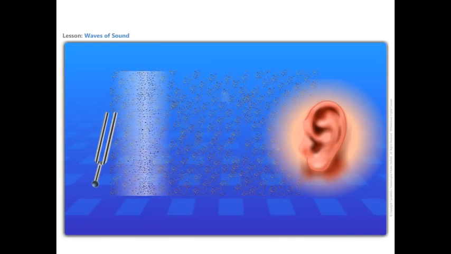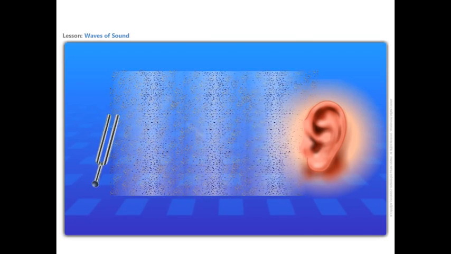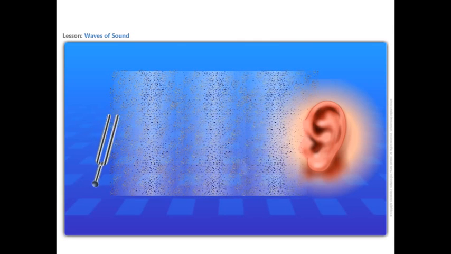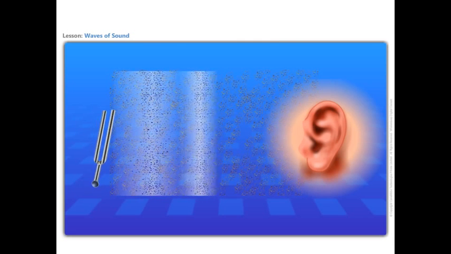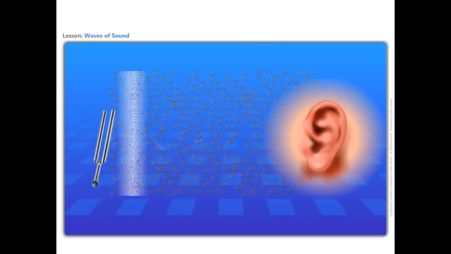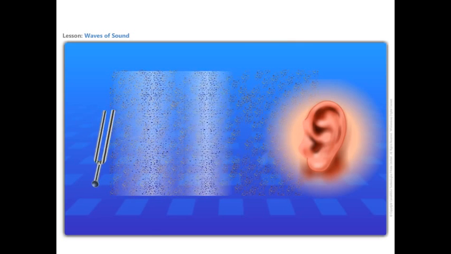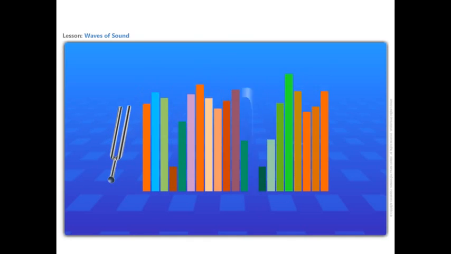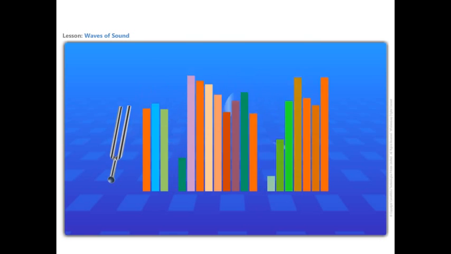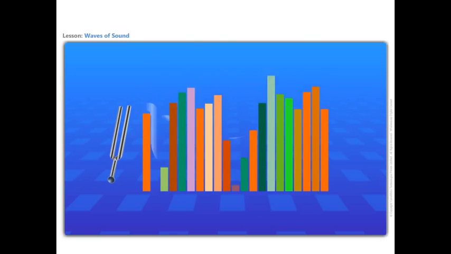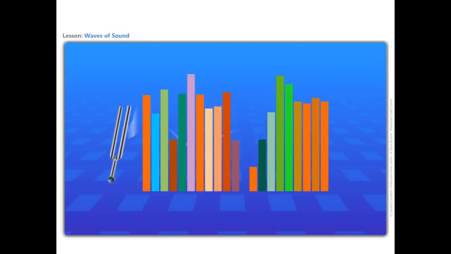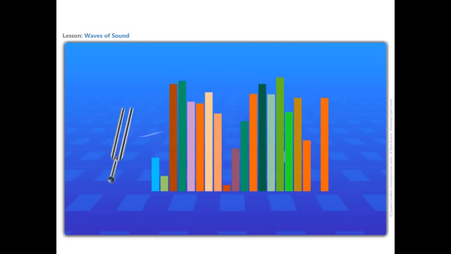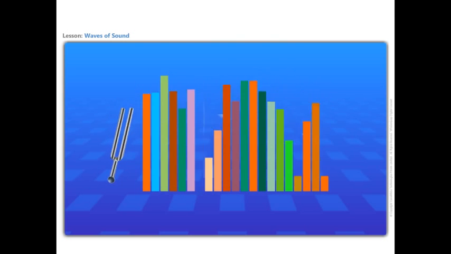When an object vibrates, it sets the particles of the medium around it to vibrate. These particles are displaced from their equilibrium and exert a force on the adjacent particles. As a result, the adjacent particles get displaced from their position of rest. The first particle comes to rest after displacing the second. This process continues till the sound reaches the ear. The disturbance created by the source of sound, or the vibrations, travel through the medium and not the particles, just like the parcel travels and not the people in the game.